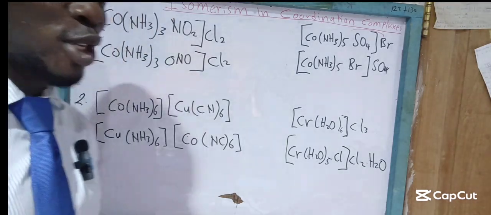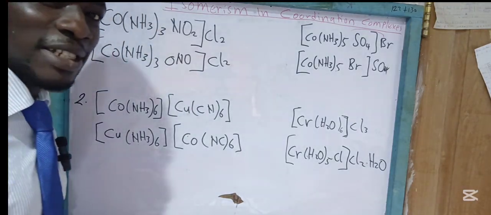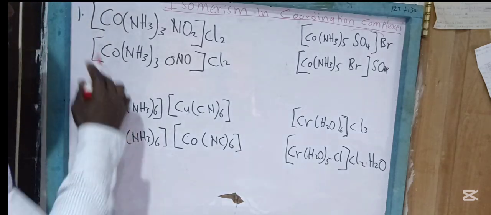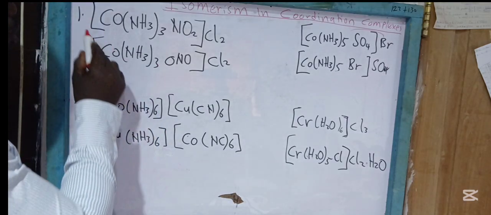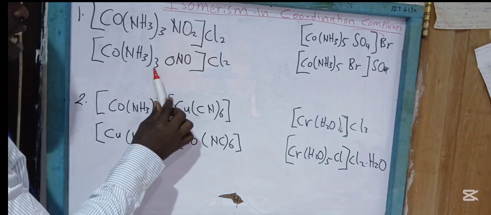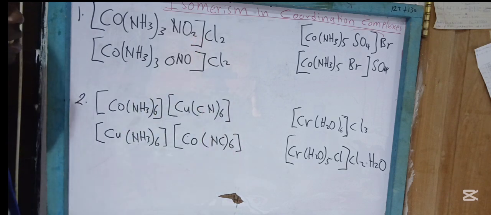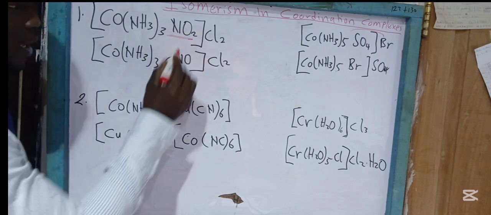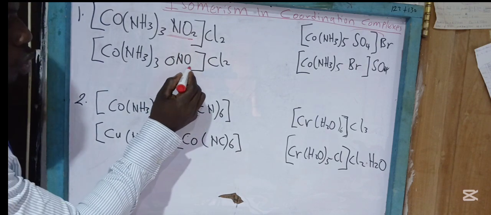Hello, I'm going to take you through isomerisms in coordination chemistry. So, first of all, let's look at number one. What type of isomers are these two complexes? You could see that we have NO2 here and ONO here,